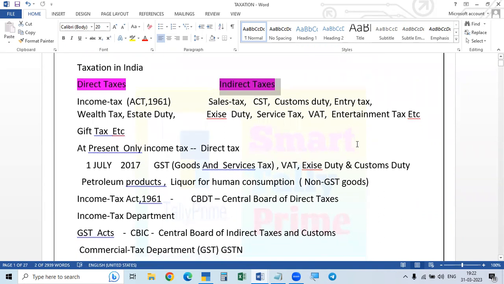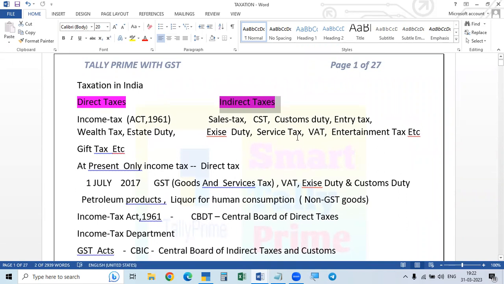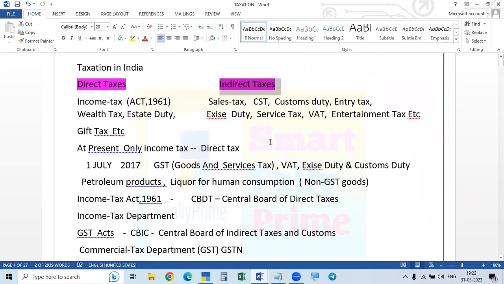But in this case, the business people were suffering a lot. When they had to pay different taxes, they had to keep records of all the different taxes and all the papers. They used to face a lot of difficulties. For example,